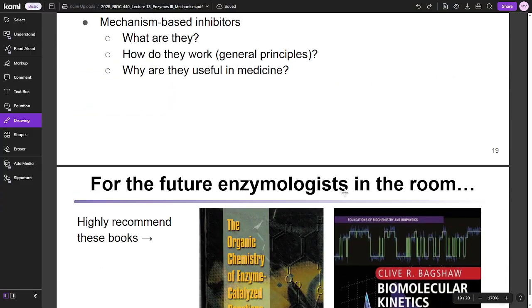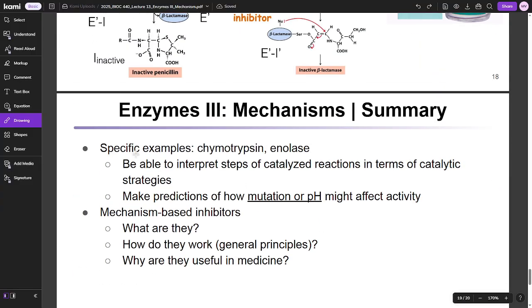Definitely be sure you should be able to interpret catalytic steps in terms of catalytic strategies. So just be aware and try to understand how these mechanisms work. What amino acids would I expect for certain things? So if I wanted to protonate something, if I want something to act as a nucleophile, if I want something to act as a base, if I need a hydrophobic pocket to fit something in, what kind of amino acids do I need for all of those? You should be able to tell,